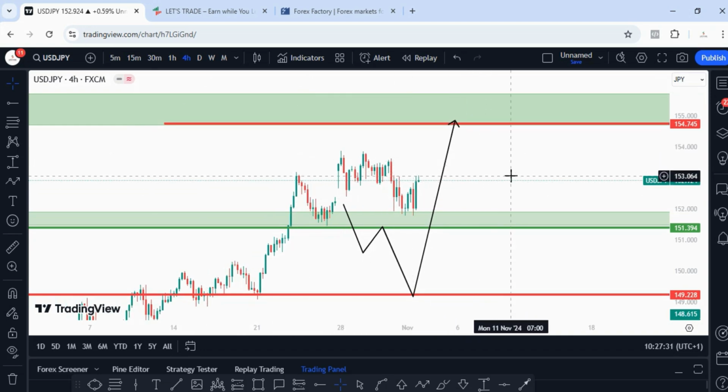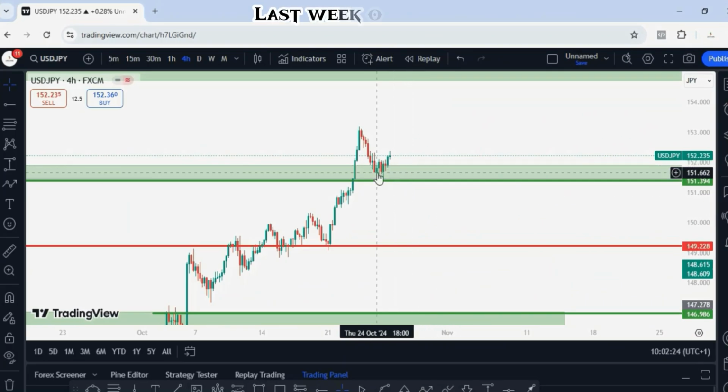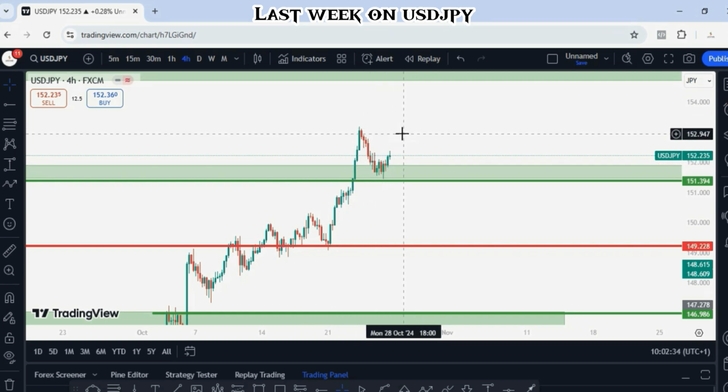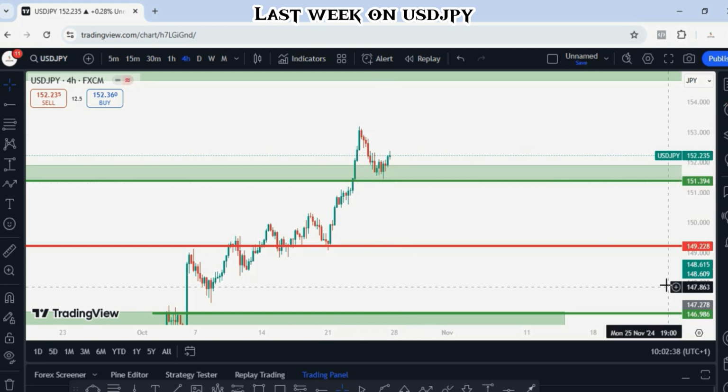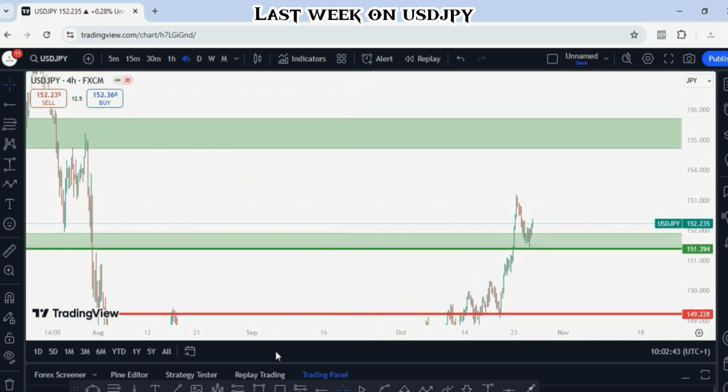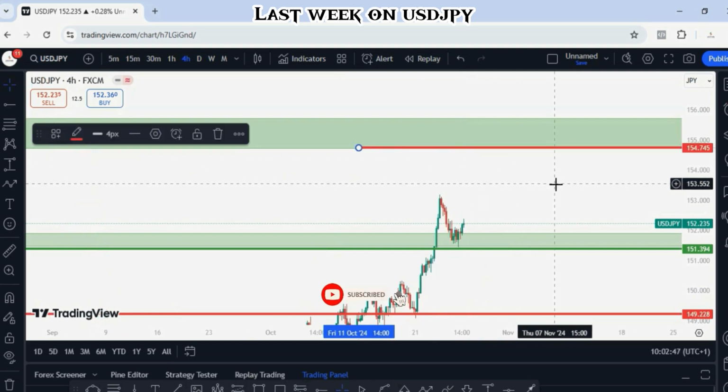So let's talk about USDJPY. If you decide to buy from here, I don't think you're doing anything wrong technically, right? You're following the trend, which you should be doing. So price has broken, price has retested, it looks good to go. All right, I don't trade USDJPY. You could put your stop loss below this 151.394, and your next target will be, let me put a line there, your next target will be